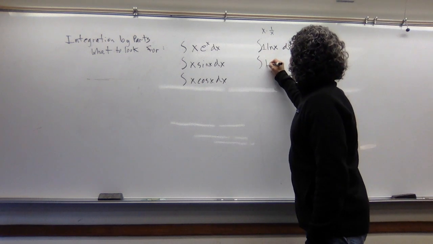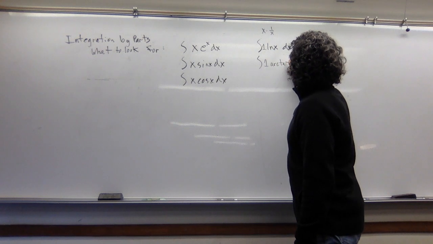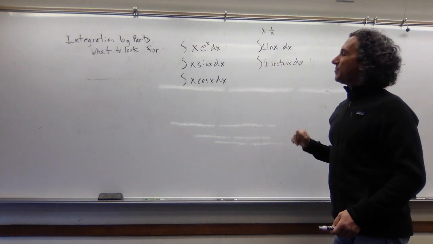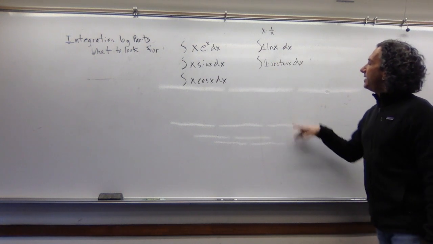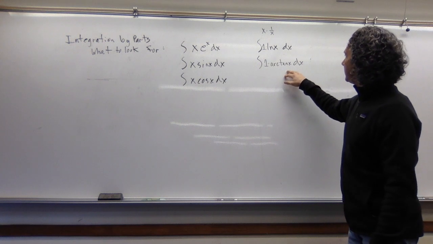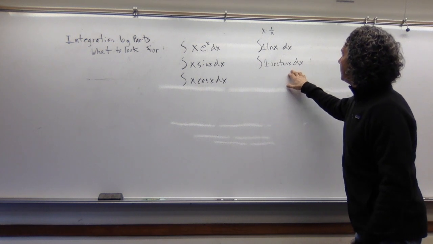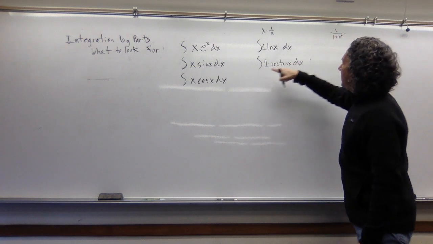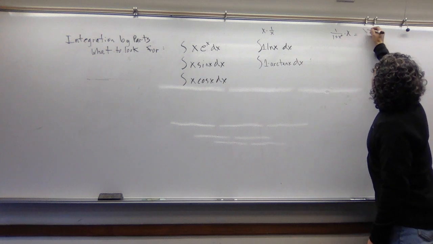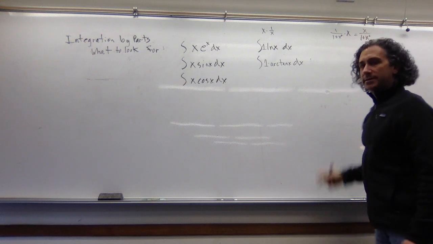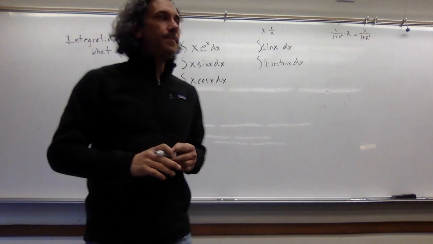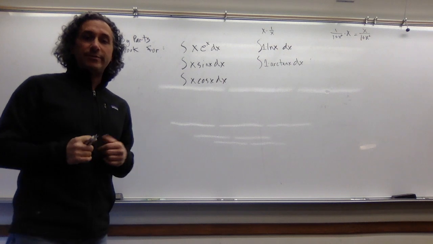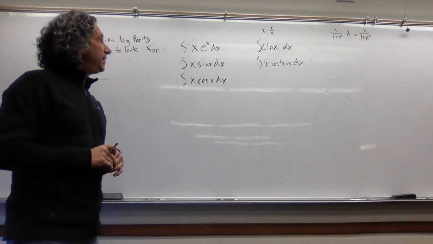Analogously, 1 times arc tangent of x. So if I wanted to integrate arctan of x, I'm thinking of it as that product. And even if I can't integrate this guy as it is, the derivative of that is 1 over 1 plus x squared. The antiderivative of this guy is x. And this is something that I can integrate using u substitution. So when things look like this, we know integration by parts is going to work. Again, we don't know how it's going to work just yet. I'll do that in just a second.